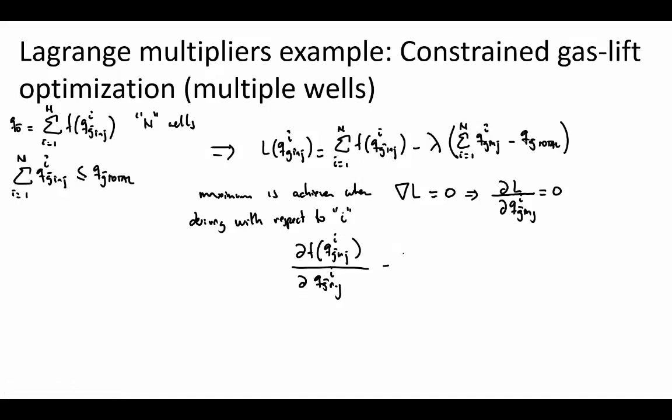So we end up with essentially the same thing. This will be 0, and that will tell you that the partial derivative of this for well I